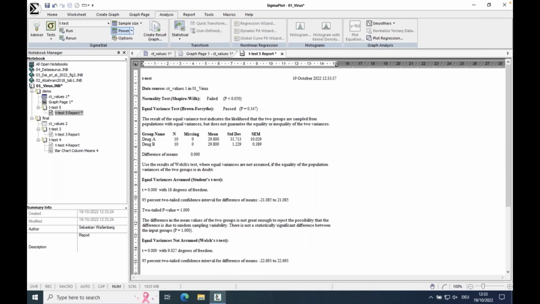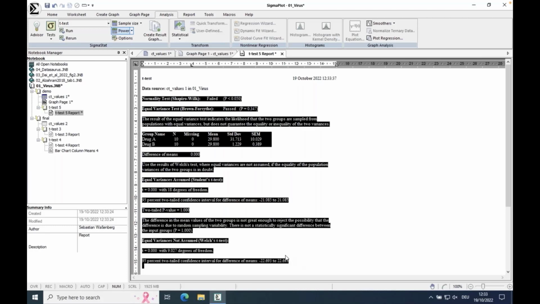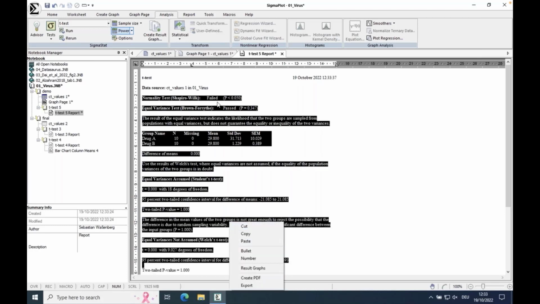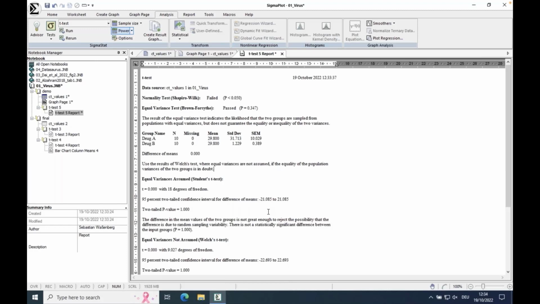And there we get the test report. You get all the information you need for a paper or for a manuscript to report the values, the results you have. I wouldn't recommend to just copy and paste this section. That's not what you report, but it's very helpful to have a starting point where you have all the numbers that you need to report. In what way you want to report them is your decision, but you have all the numbers